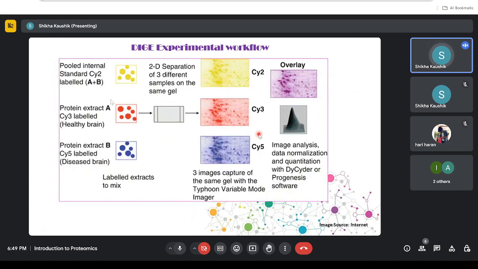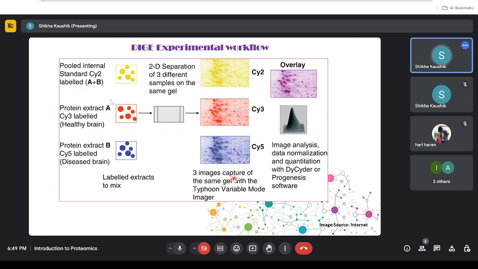So this is again the workflow, and if you could see here, sometimes you can also use an additive pool. Okay, so this is a different type of workflow where we are using a pooled internal standard, in which A plus B is the pooled common region. Then you have protein extract A, then protein extract B. We labeled and mixed all of these, ran the 2D gel, got Cy2, Cy3, Cy5, 3 images captured of